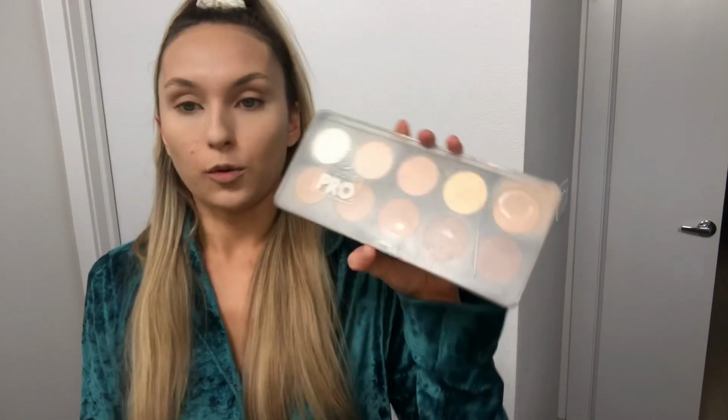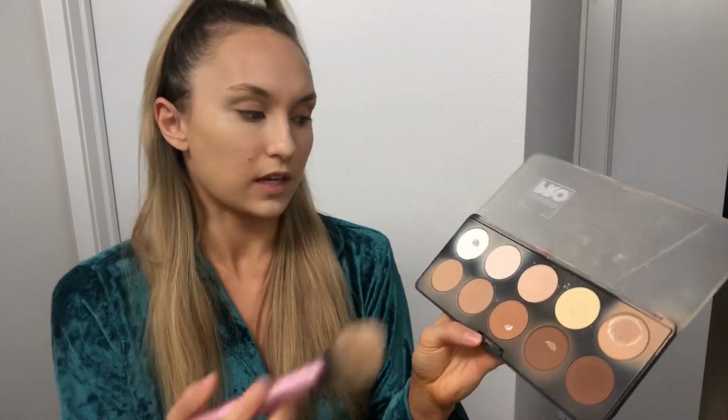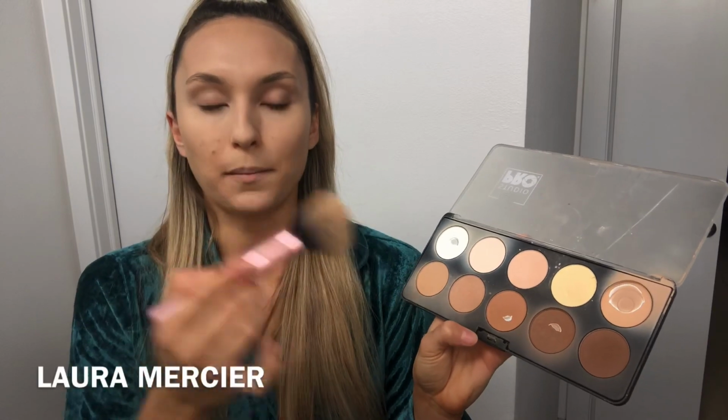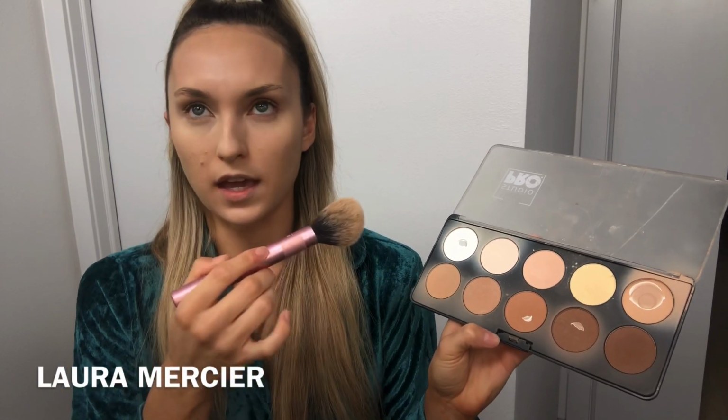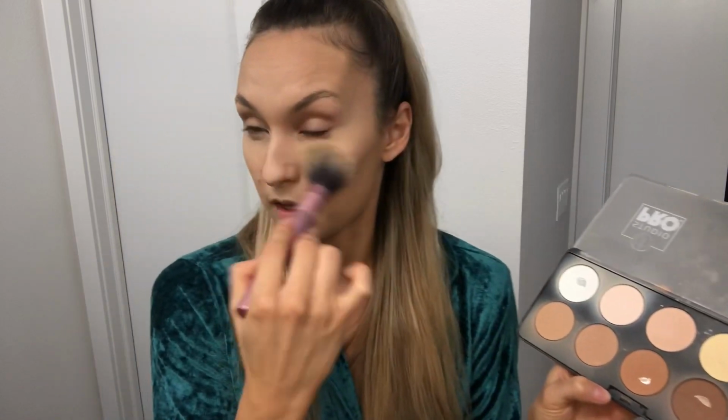Once that's smoothed out, I have this super cheap $12 contour palette from BH Studio. I wanted to try it out before spending money on anything too expensive, and honestly I've liked it. I do need to get some better translucent powder. I love Laura Mercier, I think is how you say her name. So I do need to buy some more of that, but I just mix some of these, and then again,